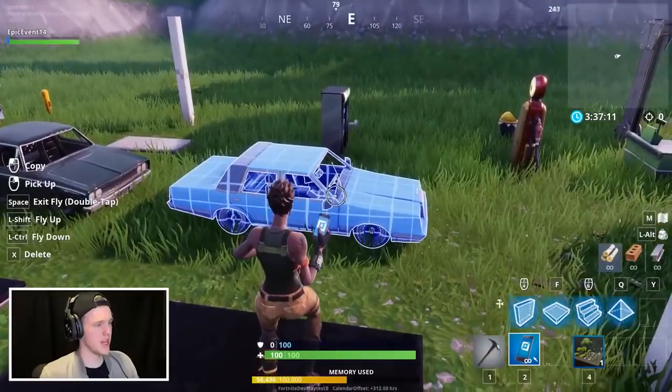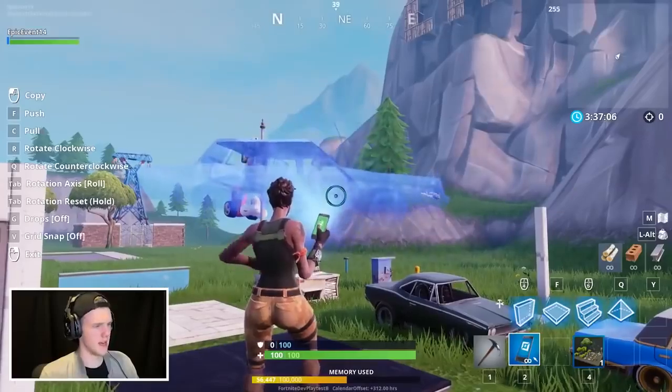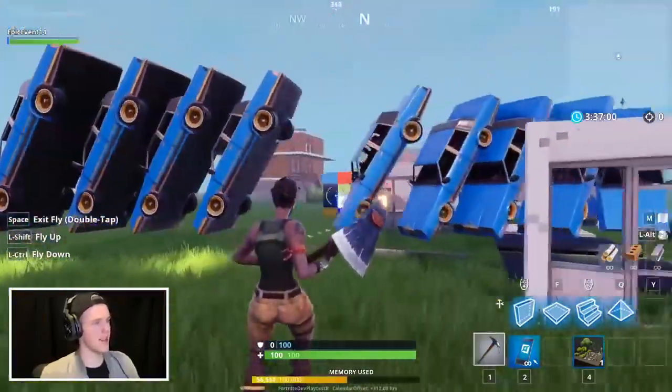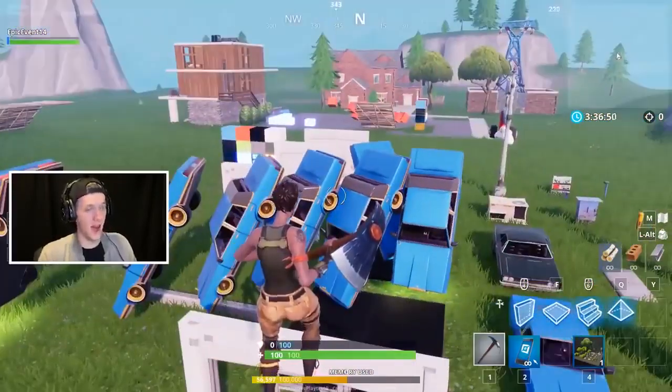So let's show you how this rotation can be used with props that you already know in game. So let's turn grid snap off and let's just rotate it a bunch and just drop one off there. You can just make 1,000 cars. Like, the possibilities are endless. And I know all I did was just rotate a car and spam it 10 times, but I'm not that